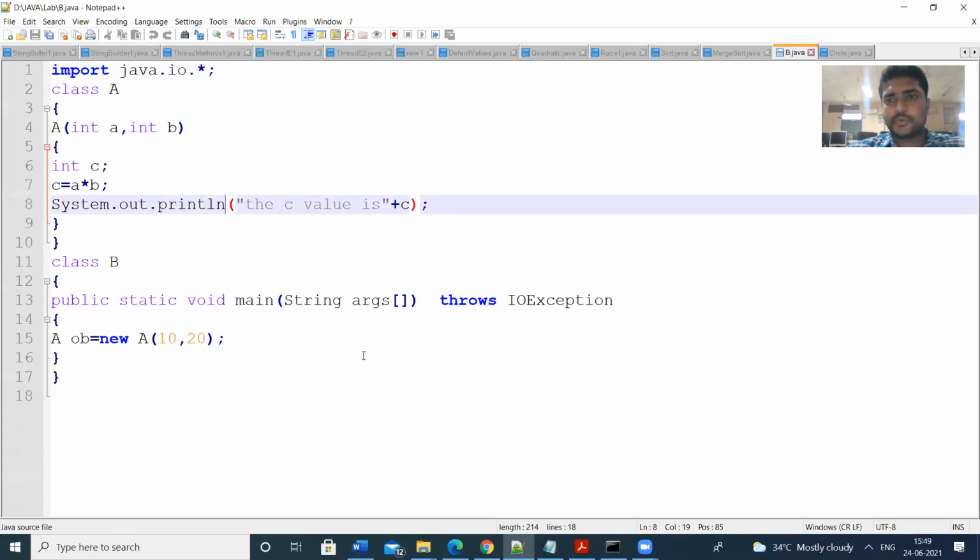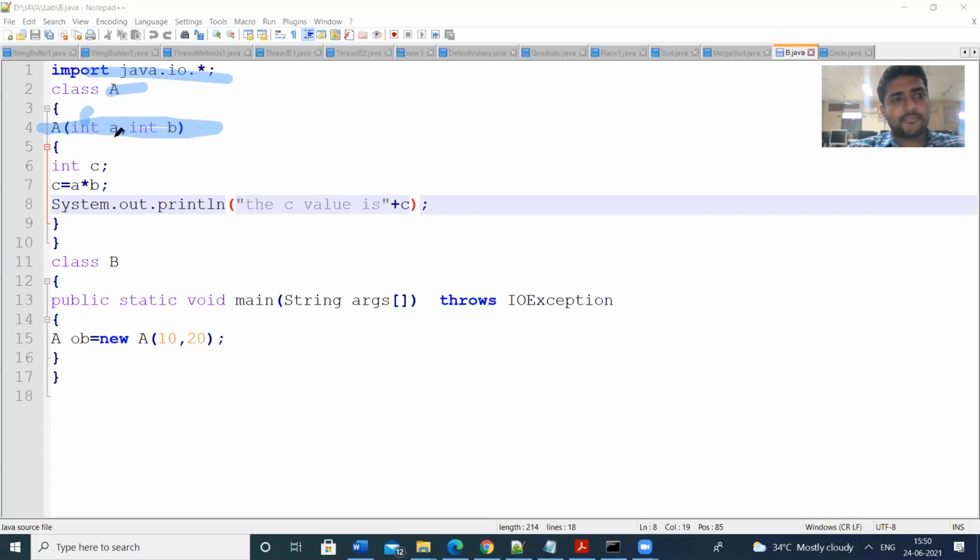So this is the program to illustrate the concept of constructors. Already we have seen so many types of constructors in the theory classes. So let us see this type. I am importing some package, IO. I am defining a class, the class name is A, and then this is the constructor. Class name and constructor name should be the same.